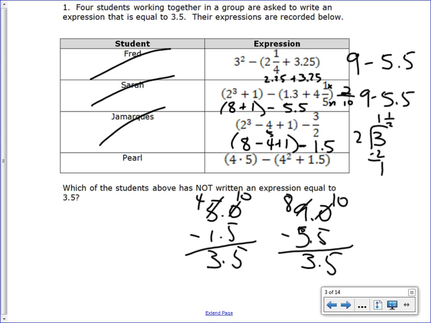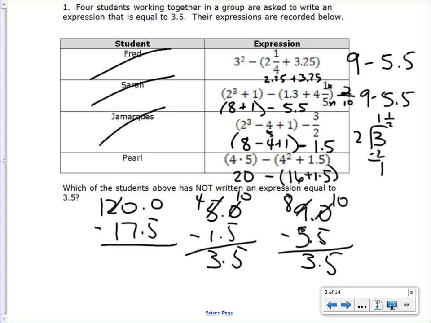When you look at Pearl, 4 times 5 is 20. 4 squared is 16 plus 1.5, so I end up with 20 minus 17.5. I'm going to borrow. 10 minus 5 is 5. Bring my decimal down. 9 minus 7 is 2, so this is 2.5, and Pearl did not have an expression